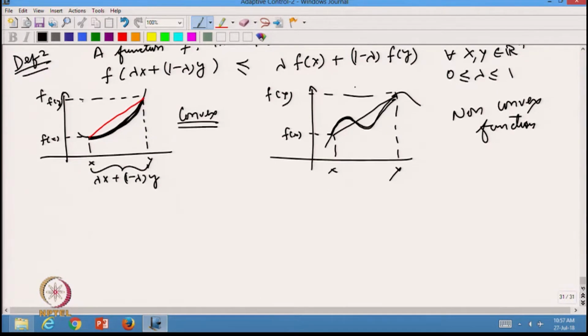Okay, so we move on. So let us look at a lemma. So this is all under preliminary stuff. Lemma 1. So let there be a function f which is defined on R n to R. Let this function be convex, and we just did the definition of a convex function. So let this function be convex. Then